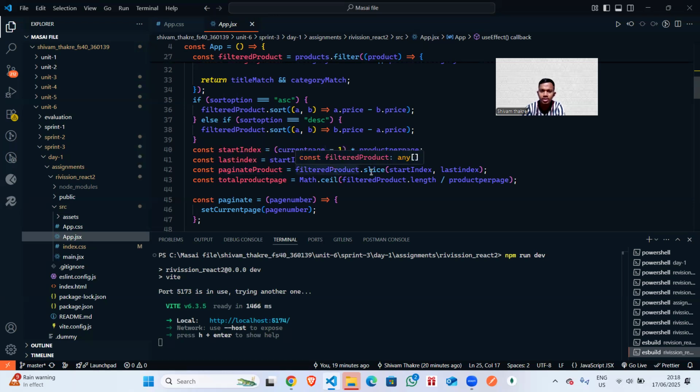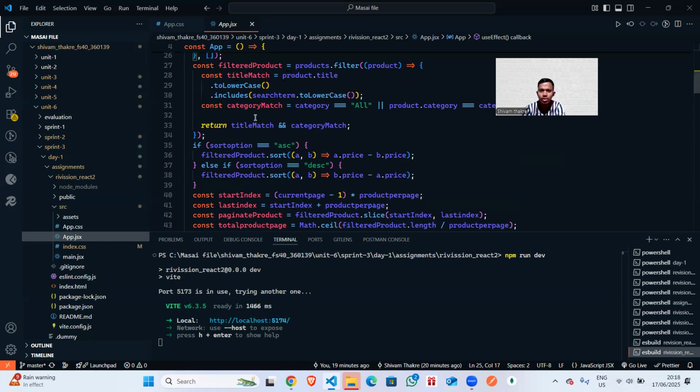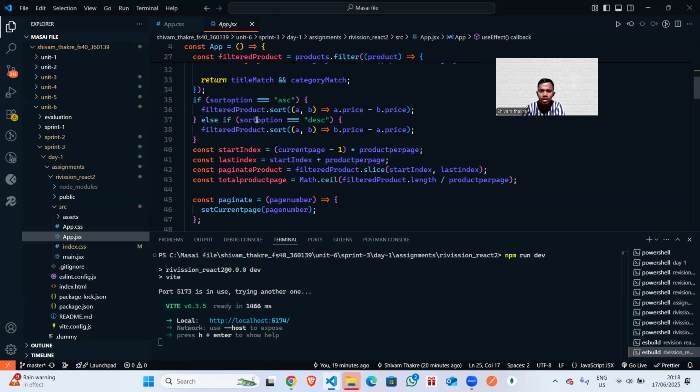Then with start index and last index, we slice the filtered products, because we filter and sort the products and then implement pagination on the filtered products.